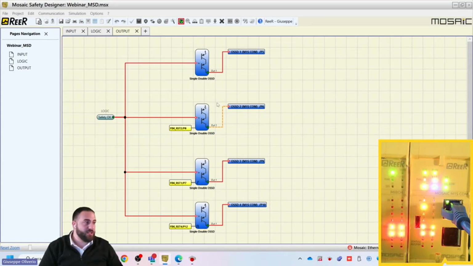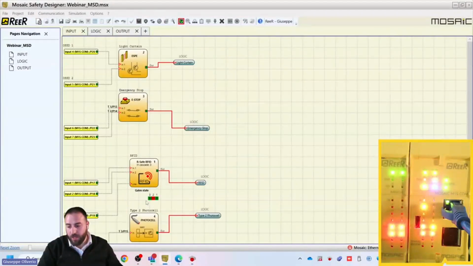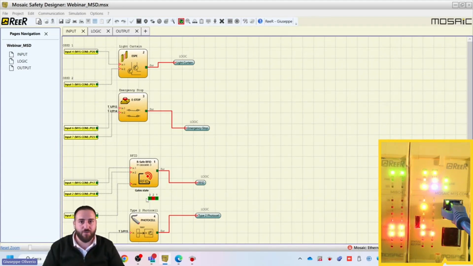But look at this. We are connected at the same time on the MSD and on the PLC. So the information, and we will go deep into this information on the next webinar. So I suggest you participate and see the next webinar in order to understand how to manage this data, how to exchange, how the RFID changes the game by transferring this information on one single wire. So we can also share the information about the gate state